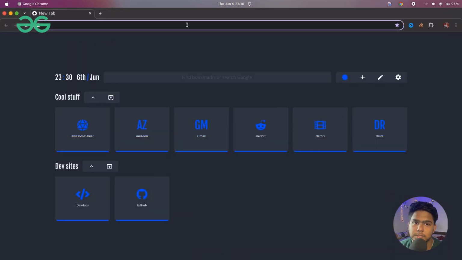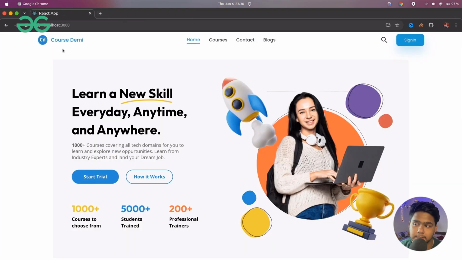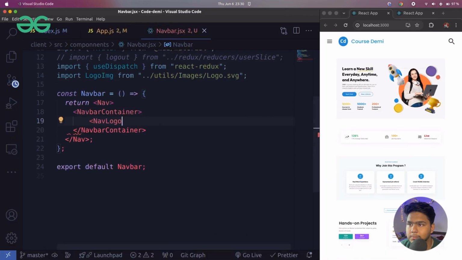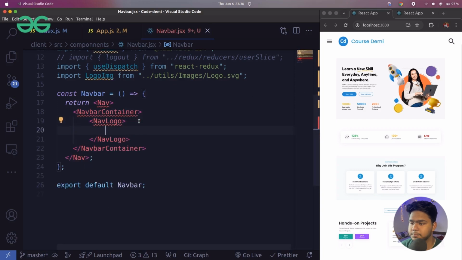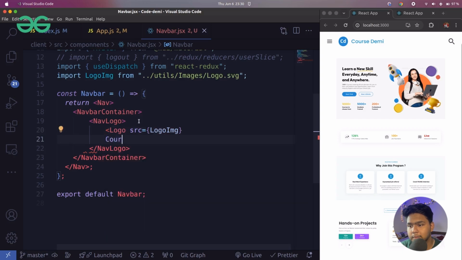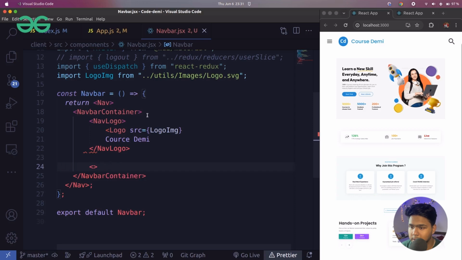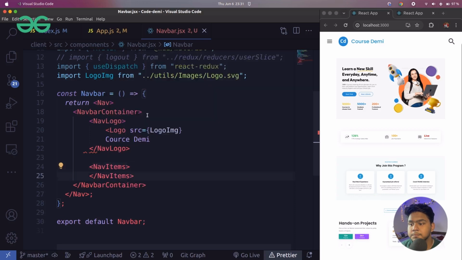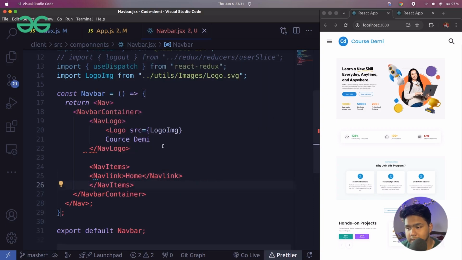So basically NavLogo is, as you can see, the logo there, Udemy, right? So let us open in the big screen also, so you can see the logo, right? So yeah, first we have our NavLogo, and inside this NavLogo we will be having our Logo, where in src I will pass the logo image, and we will be having the name, Course Demi, of our logo. After that NavLogo is done, we will be having our navigation items, as you can see, home and those links, right? So we have NavItems, inside that we have NavLinks, where our basically Home is defined, right? So yeah,